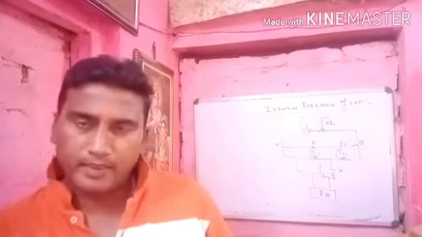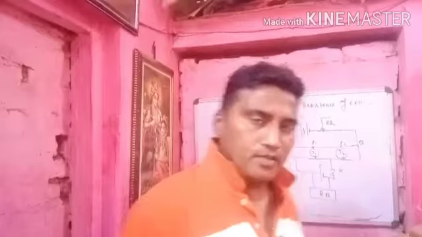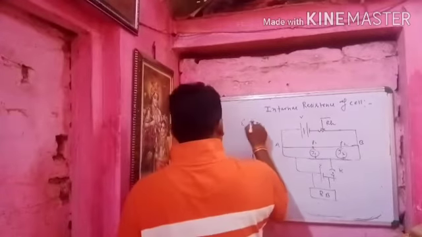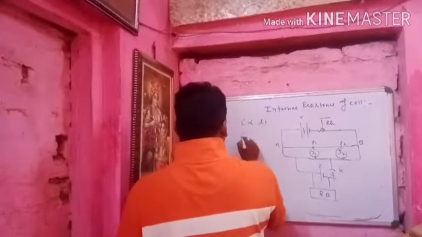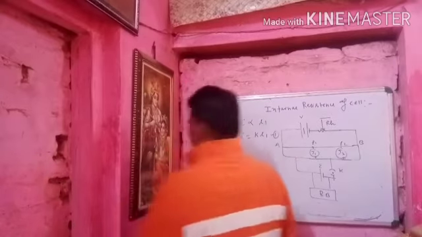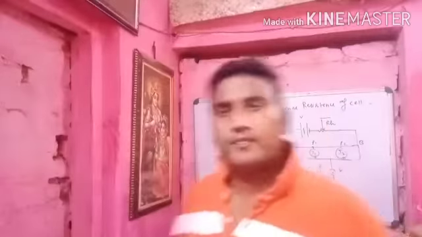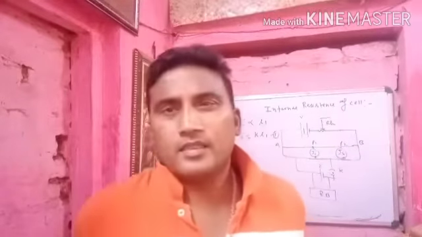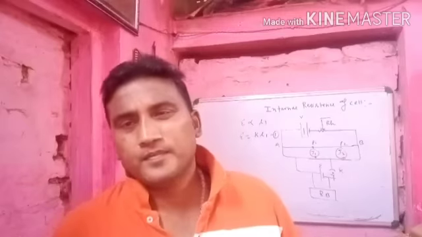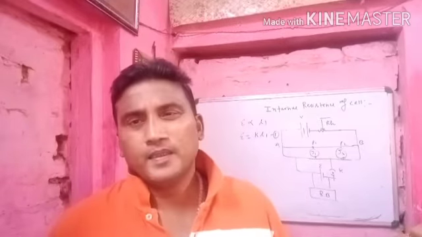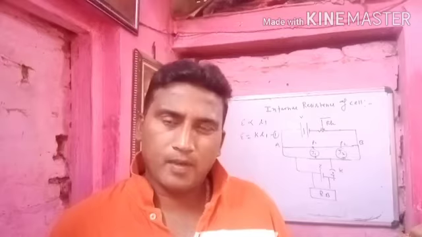When we observe the internal resistance of the cell, first we identify the EMF. E is directly proportional to L1, then E is equal to K L1. When we observe the EMF of the cell, the jockey is slid on the constantan or manganin wire. It is generally connected with the help of screws.